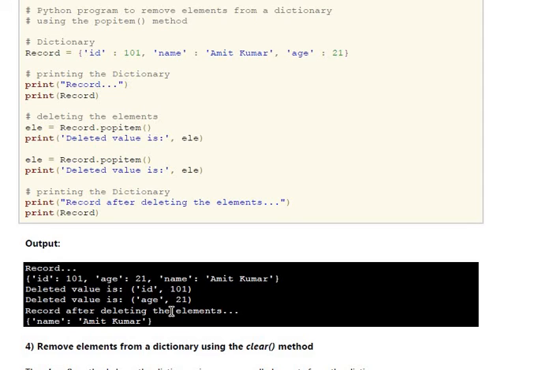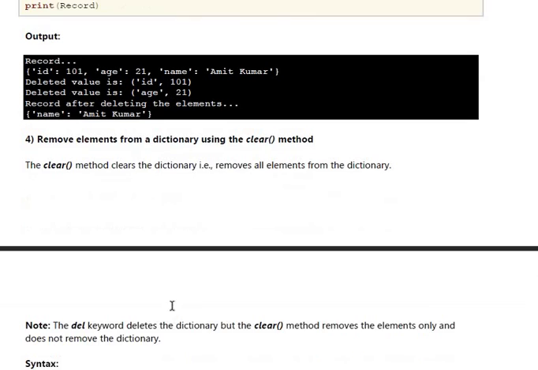It will remove the item that has the ID value. Next time if I give record dot popitem, the first time it started with the first index, so first it removes ID. The second time, what will it remove? It will remove the age. So only the name is remaining.